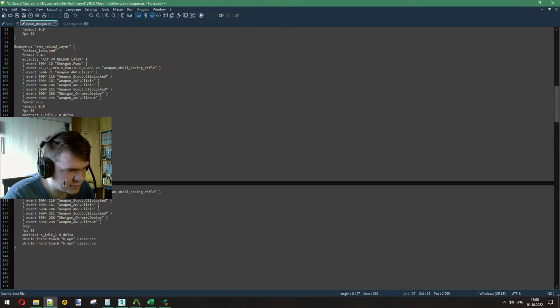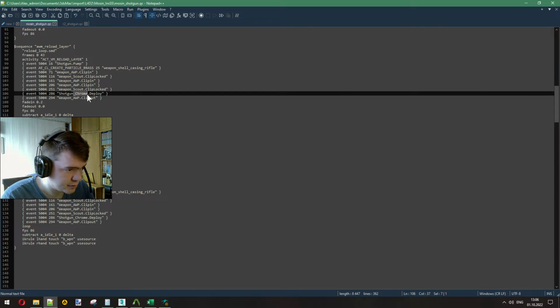What really matters is the activity names. They are hard coded. They absolutely have to be the ones that the default thing uses. Okay. Shotgun Chrome. Let me delete that. Actually,